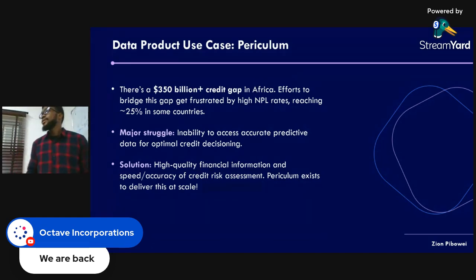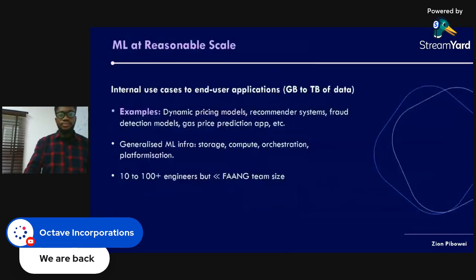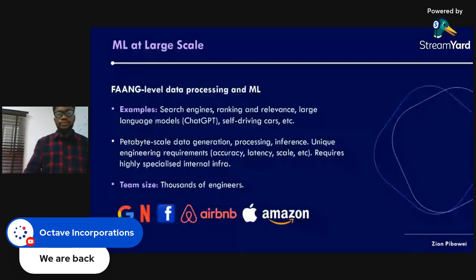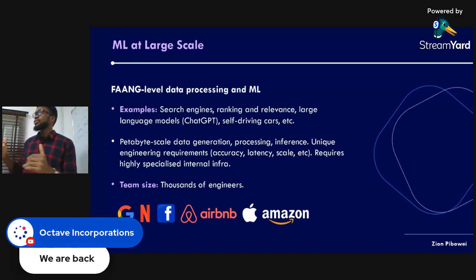All right, we're back. So I was talking about the various scale of applications and how it is done in different organizations at different scale. At the very large scale, you have these guys that can throw in billions of dollars, right? But for the vast majority of organizations, they operate either from the reasonable scale or downwards.